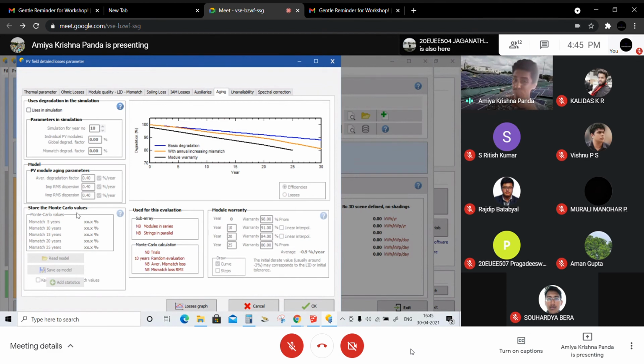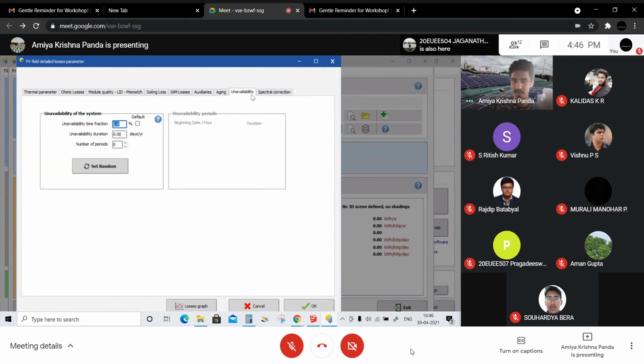In the case of aging, here you can consider the aging, but in this case I am just considering simulation for year number 1, I am not going to simulate year number 10. So you need to consider year number 1, and all other things will remain the same.